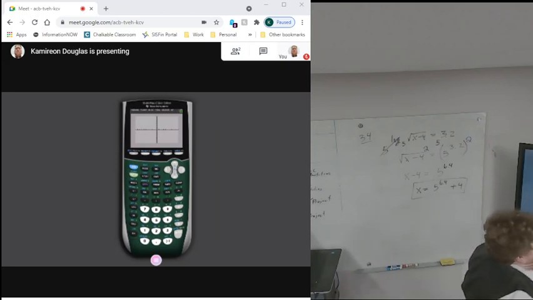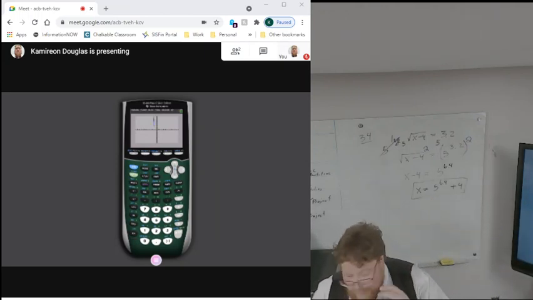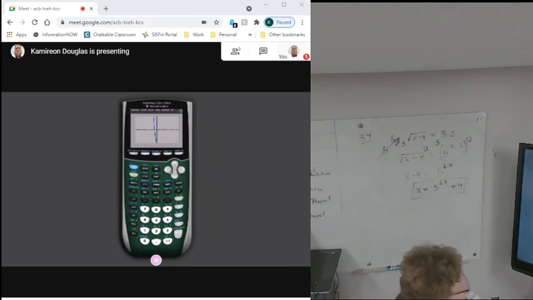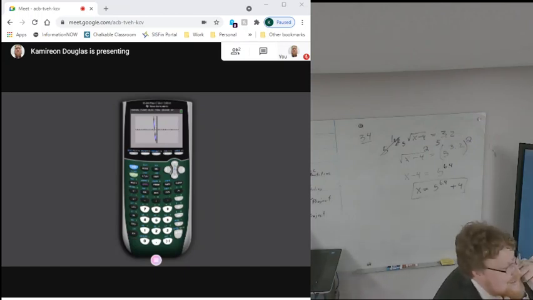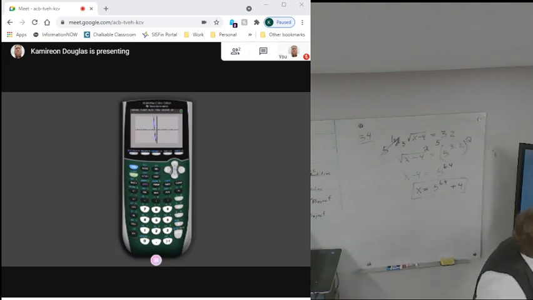Okay, so how do we estimate that location? Well, if you have a graphing calculator, there's actually a nifty little tool that exists in a graphing calculator. This one. I don't know how many of you guys have taught this in your algebra classes. And in those classes, you might have used the other calculator, which is not as nice in my opinion. There's a feature in here called Calc. It is not standard calculus, it stands for calculate. If I hit the second button on this calculator and go to Calc,